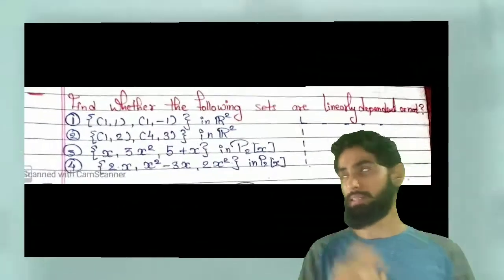Given any non-empty set, it is said to be linearly dependent if you can make a non-trivial linear combination such that the answer is the identity element 0. That means there exist real numbers alpha 1 till alpha k such that not all of them are 0, but after making the linear combination alpha 1 v1 bar till alpha k vk bar, the answer comes out to be 0 bar, right? Let us see the examples.